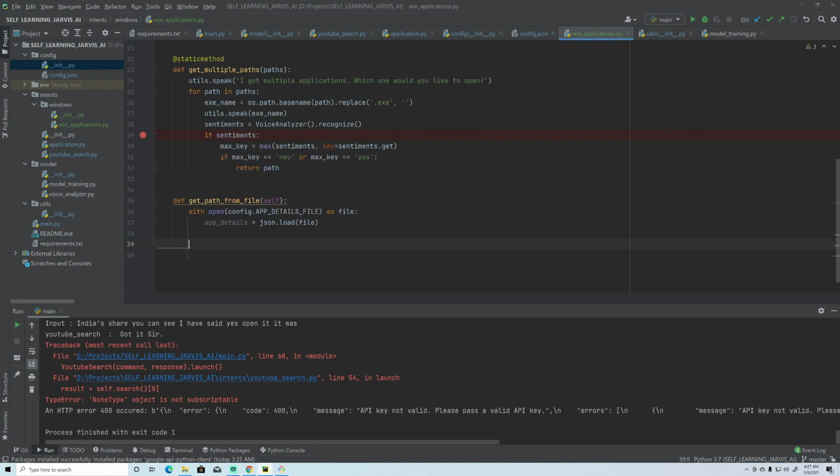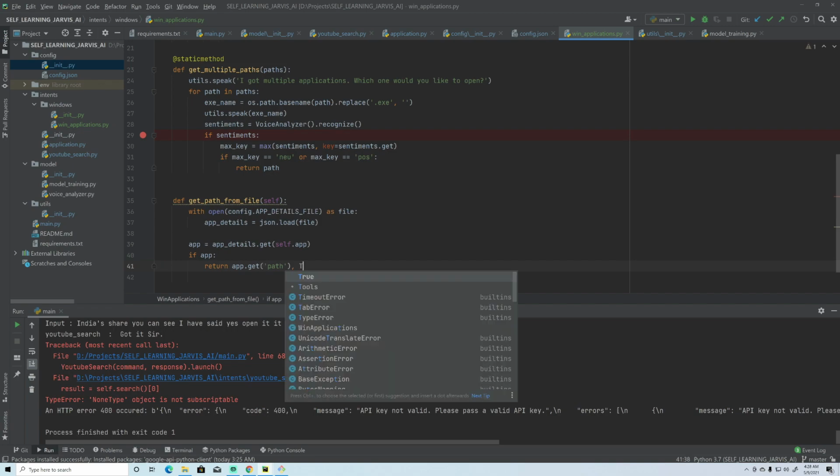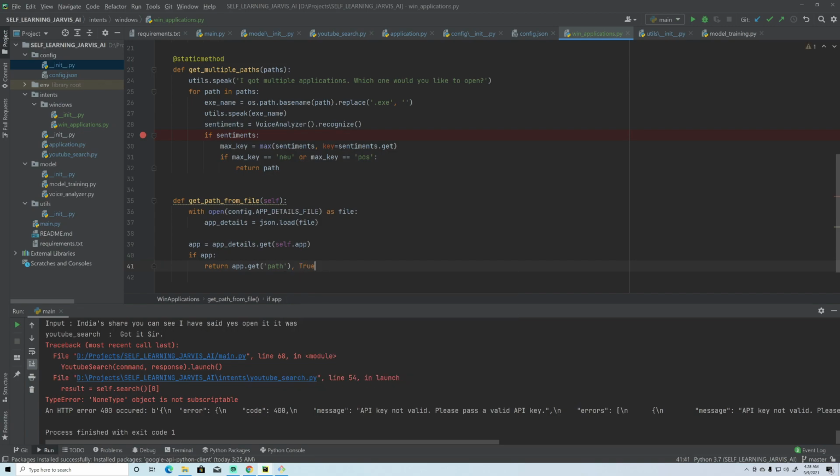So here we will get the app name first: app details.get self.app, and if we got the app, then it will return the path, and one more value which is True, right?